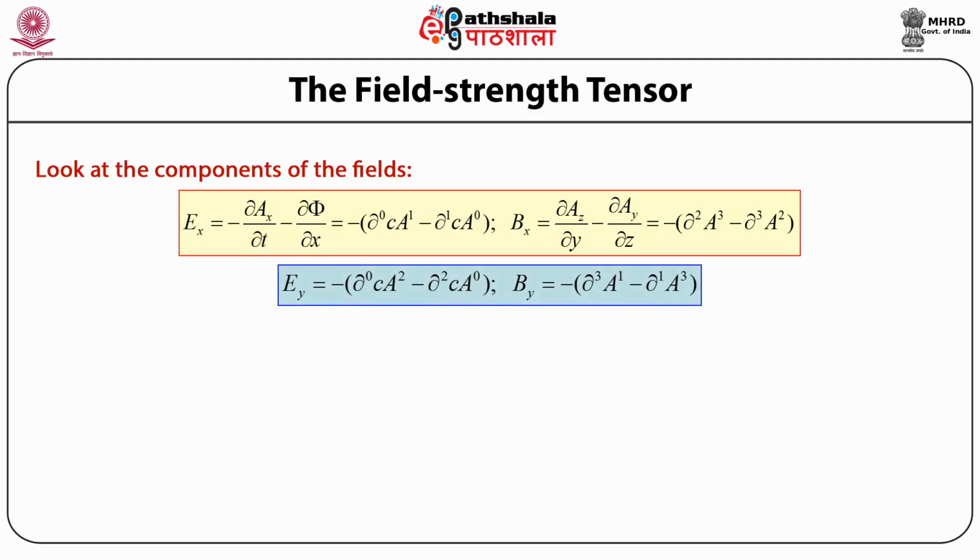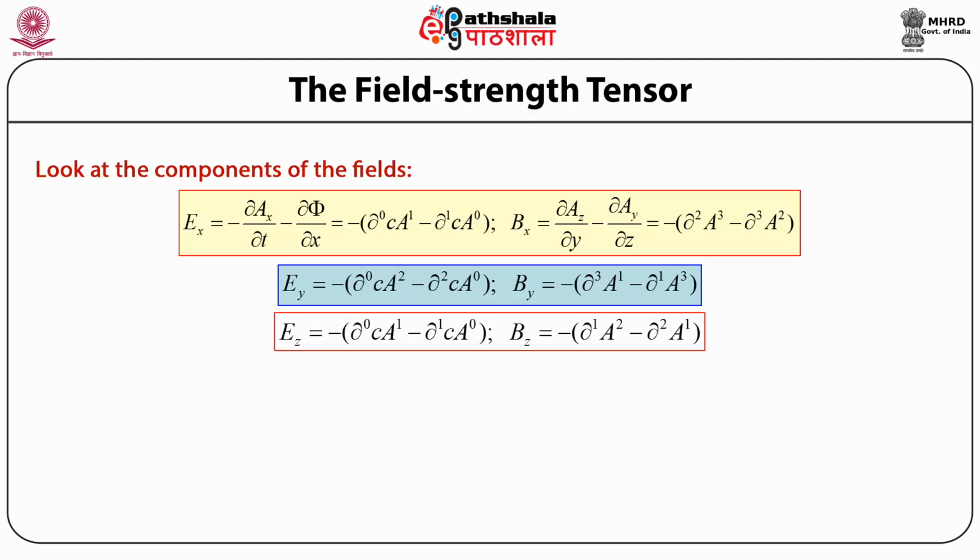Similarly, the y component of the electric field is given, in the tensorial notation, as minus of bracket open del superscript 0 acting on c times A superscript 2 minus del superscript 2 acting on c times A superscript 0 bracket close. The y component of the magnetic field induction vector is given by minus of bracket open del superscript 3 acting on A superscript 1 minus del superscript 1 acting on A superscript 3 bracket close, and the z